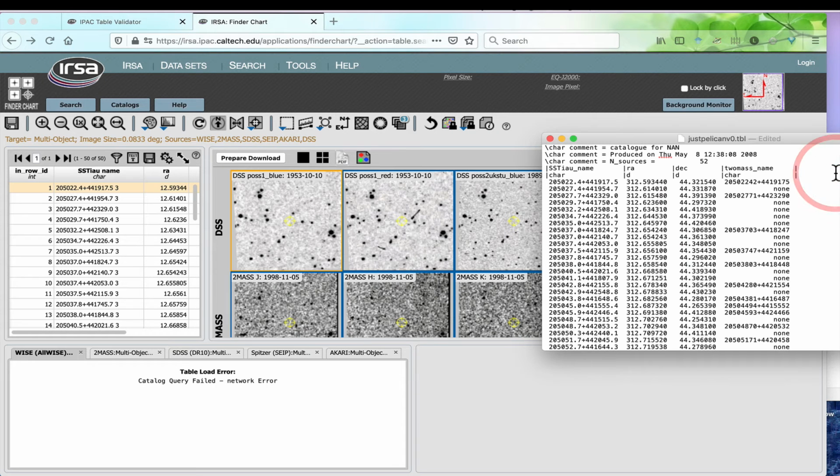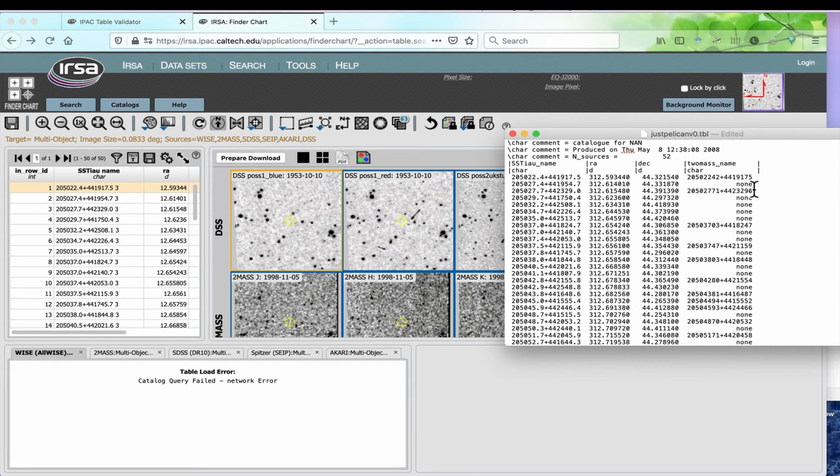Speaking of unusual characters, there are often non-printable characters that show up in these files. Sometimes your editor will quote-unquote helpfully add tabs instead of spaces. That makes the table validator choke. It cannot have tabs in the file. Also, if you're creating a file that comes directly from, say, Microsoft Excel, it will put some non-printable characters at the end of every line. So you'll need to get into an editor that will show you what those non-printable characters are and swap them out for actual carriage returns, not just line feeds.